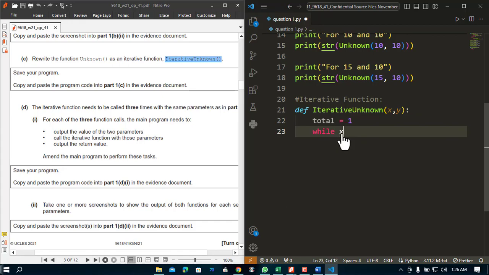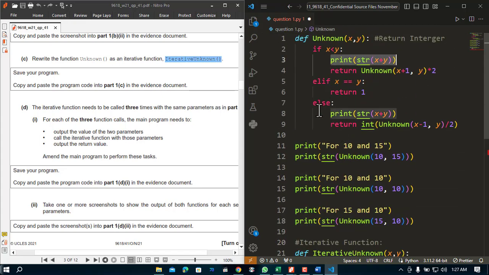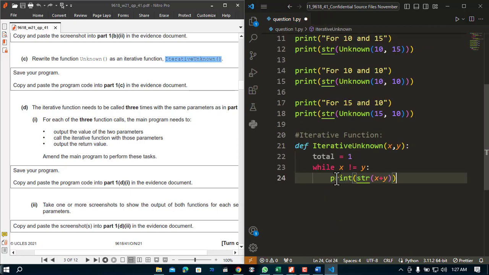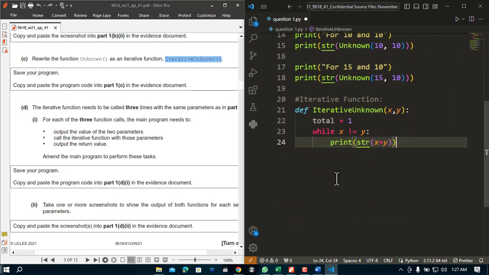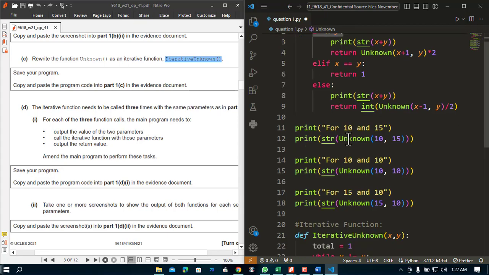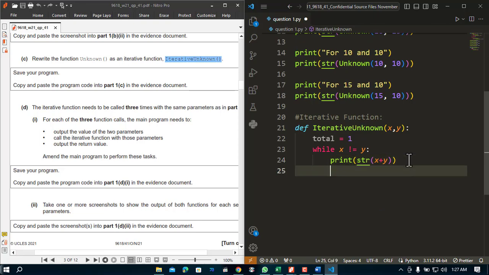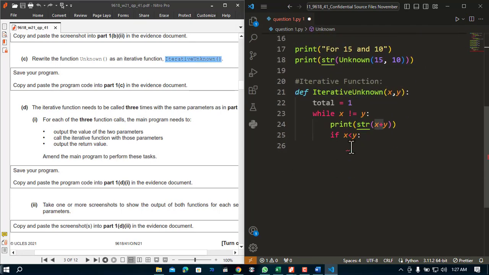Now while x is not equal to y, then according to the recursive part, it will print this. So I'm going to copy this, paste it here. After that, what happened, so we did this, then it says that if x is less than y, so let's come here, if x is less than y, then what will happen, it will add 1 to the x. So we can say here x is equal to x plus 1, and then